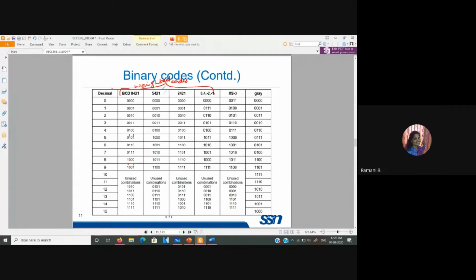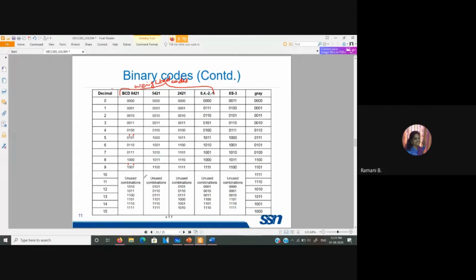Now coming to this 5421. So 5421 means, if you are going to have a 1 in 5, the corresponding value is equal to 1. And if you are going to have the code as 1100, it implies the value is 5 plus 4, so 9. However, here with all these types of codes, we are representing only the decimal numbers, so only 0 to 9 have values.